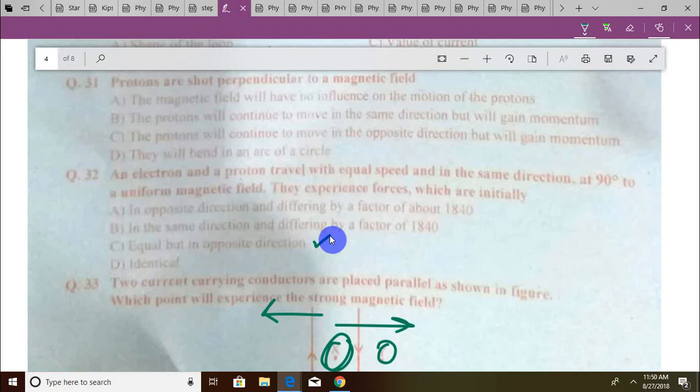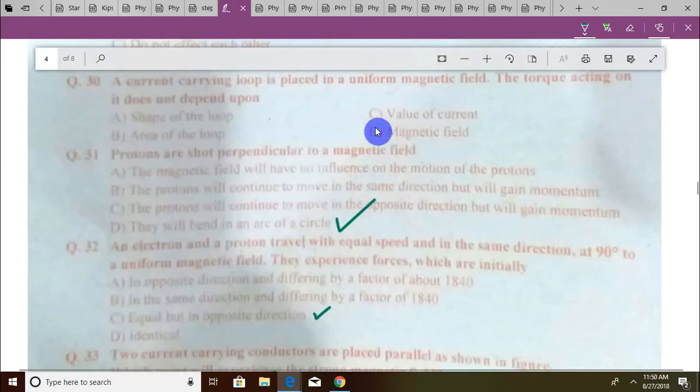हमने प्रोटॉन्स को परपेंडिकुलरली शूट किया है इन अ मैग्नेटिक फील्ड के अंदर, कोई भी इन्फ्लुएंस नहीं होगा मोशन पर, विल कंटिन्यू टू मूव इन द सेम डायरेक्शन, मोमेंटम गेन करेंगे। हाँ, गेन करने वाली बात इतनी करेक्ट नहीं है, विल कंटिन्यू टू मूव इन द ऑपोजिट डायरेक्शन बट विल गेन मोमेंटम, दे विल बेंड इन आर्क ऑफ अ सर्कल, क्योंकि उनको परपेंडिकुलरली कर रहे हैं।